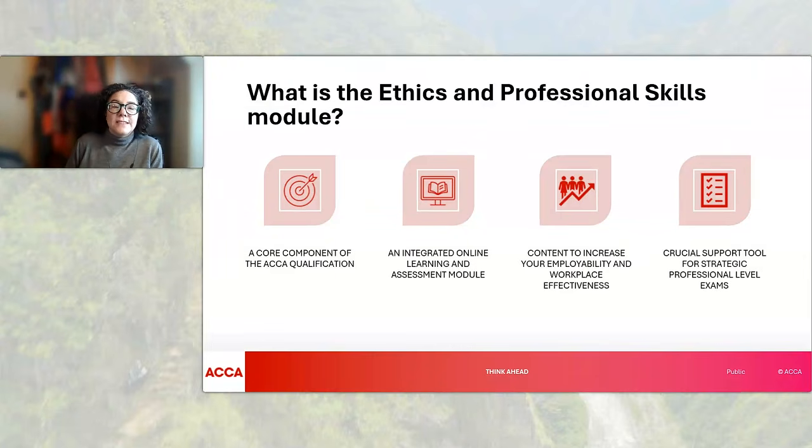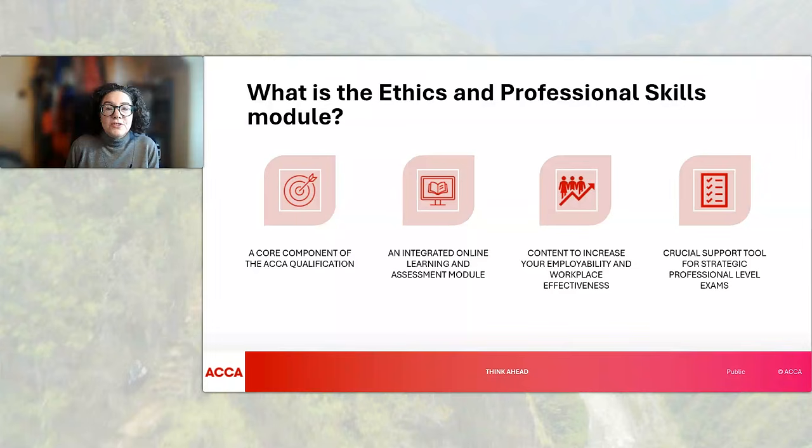The module itself is an integrated online e-learning and assessment module. So everything is self-contained. You don't need to get any additional tuition. You don't need any additional textbooks or guidance notes. Everything is contained within the platform. You purchase EPSM through your My ACCA account.